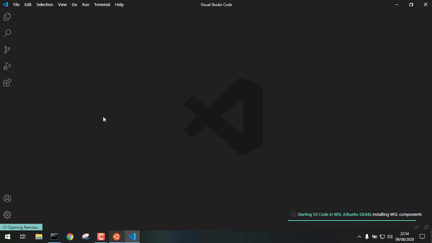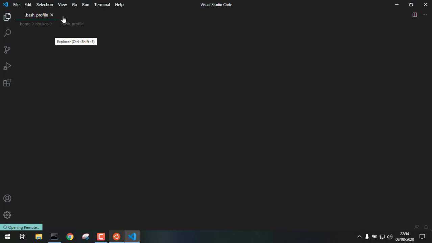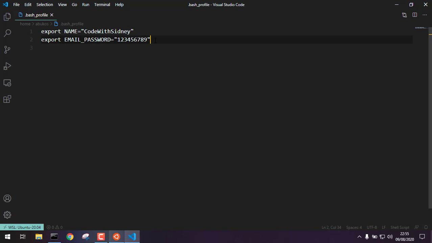And as you can see, I have my Visual Studio Code open, and it is taking some time to load, which is fine. Is it fine? No, it's not fine. And we have our bash profile there. So if we add another, let's say email user, which is just the email username, and let's say if we just add my email there,